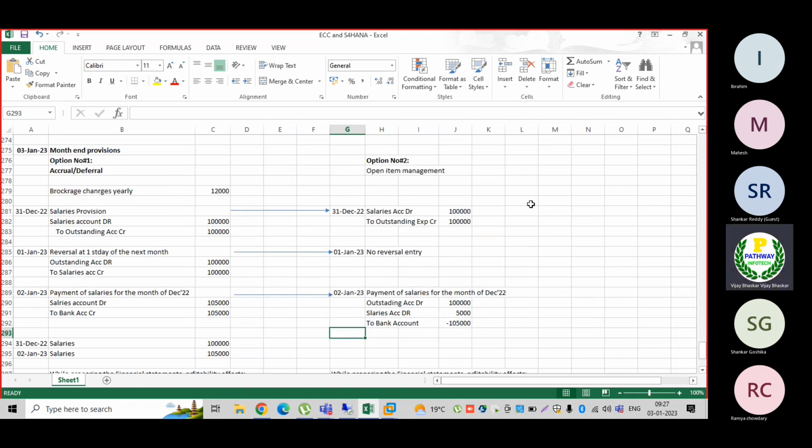Okay, so option number 2, let us see the open item management. How the open item management is going to work. This is used for vendor and customer balance sheet items. Option number 2, open item management, is applicable for vendor payments and customer payments and balance sheet items where the clearing is required. We have to select this one whenever you are performing, you must have to